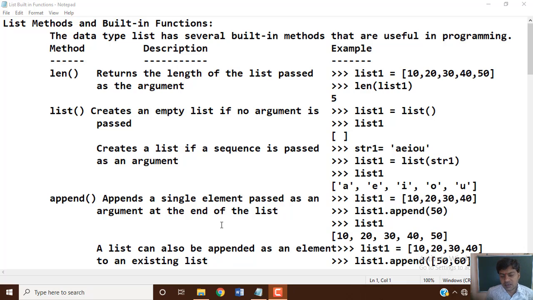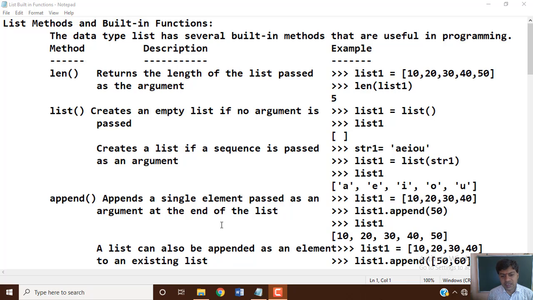Dear students, till last class we saw list functionality in Python programming. In the introduction we saw the different types of list, the way we use an empty list, long list, nested list, and then operations like concatenation, repetition or replication, and membership test, that is the membership operators in and not in that we can use with a list variable.